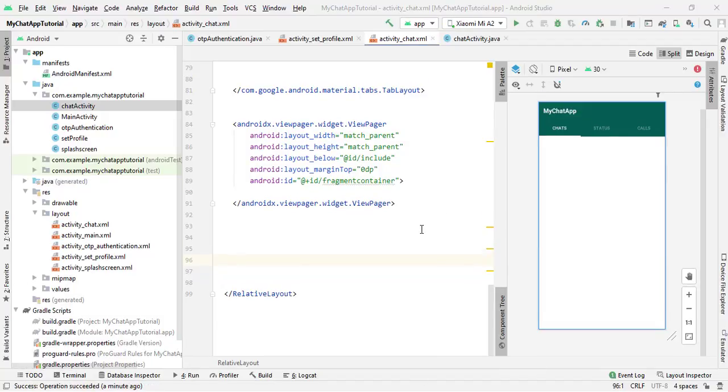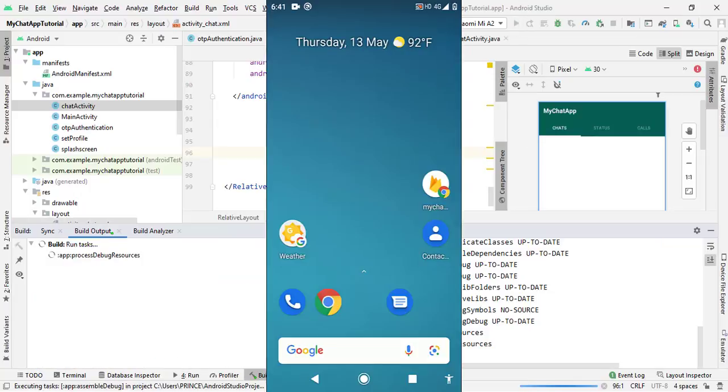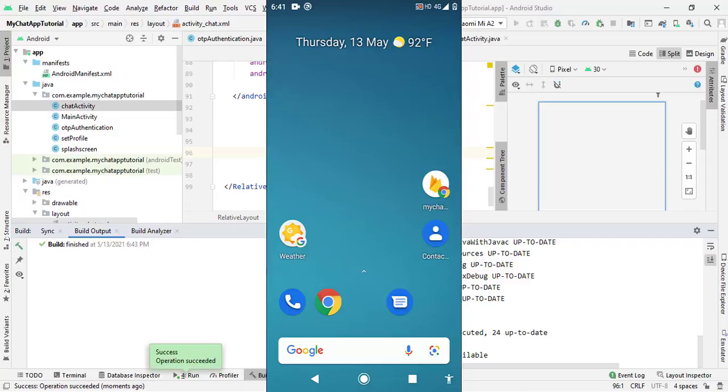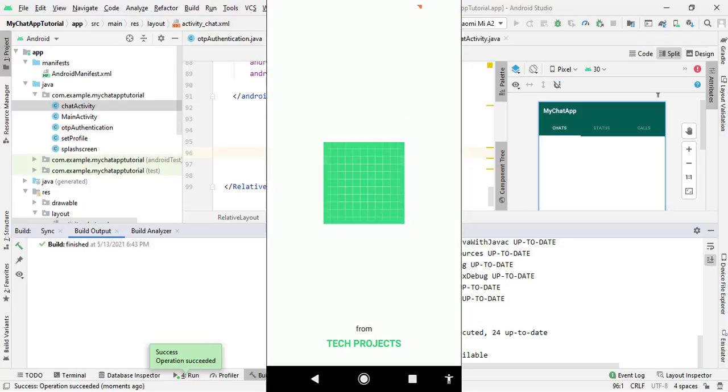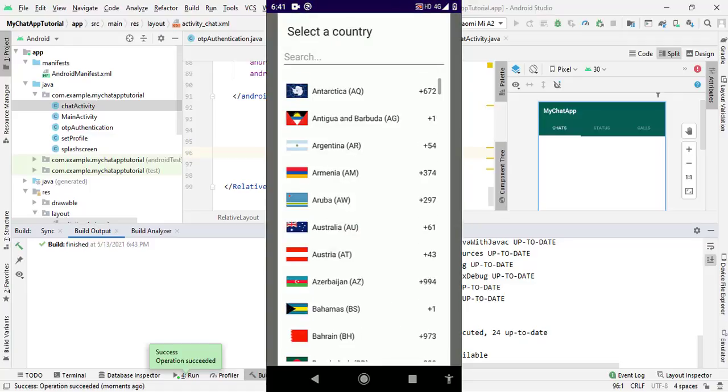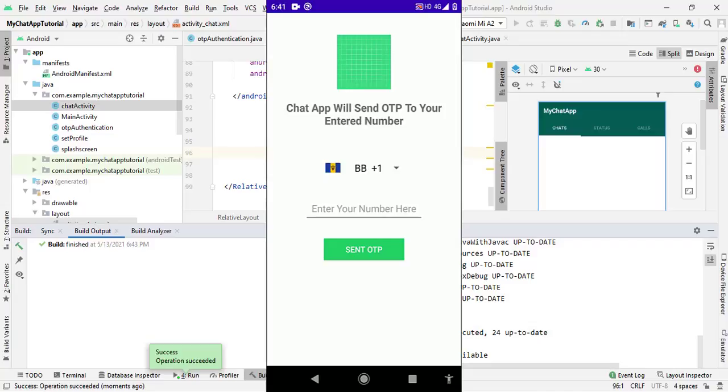So I successfully connected my phone and I pressed the run button and Gradle started building. Now the Gradle build is successful and it will install the application on my phone, and you can see the application installed successfully. So first of all it shows the splash screen. I didn't add any logo, but you can add your own logo and I will add the logo in the next video, so don't worry. Now you can see our main activity appear here, meaning everything works fine. So this country code picker still works. You can select any country, but it is not able to get the country code because I didn't write the Java code for this. So we have to write some Java code for this.